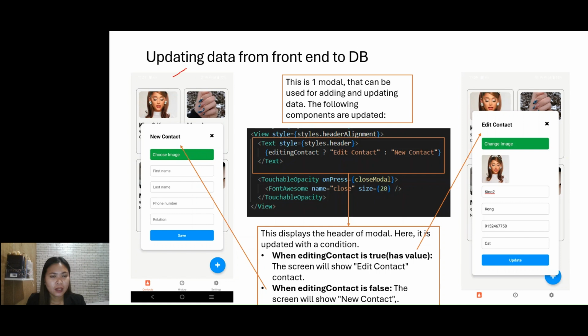So the first user interface left dito, that is for the adding contact, and ito naman sa kabila is for editing contact. But they're just one modal. Yung mga labels lang yung binago ko. And the question is, how did I change the labels? So to change the labels, I added some conditioning to the rendering of labels. So for example here, in the highlighted line of code,